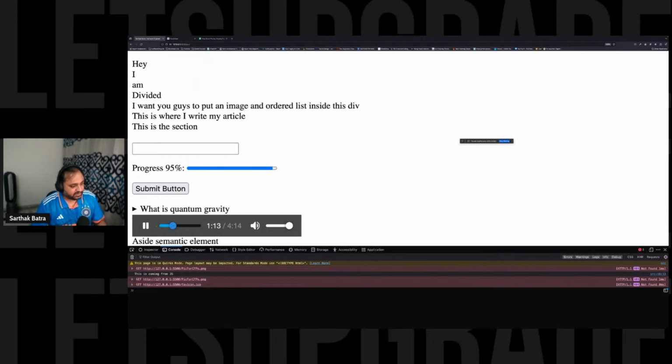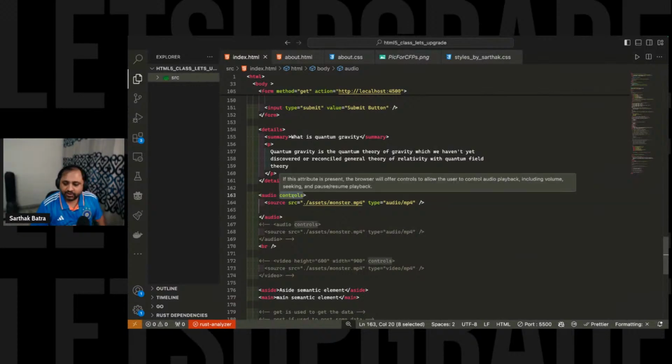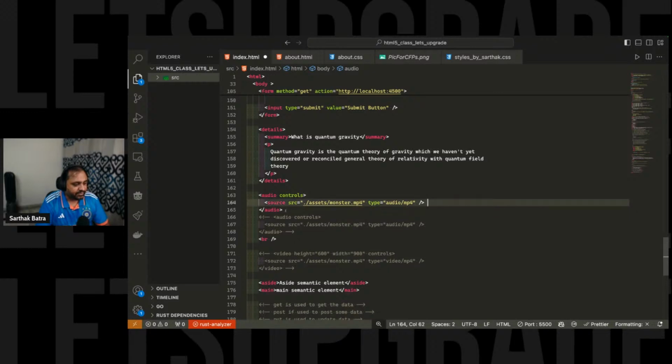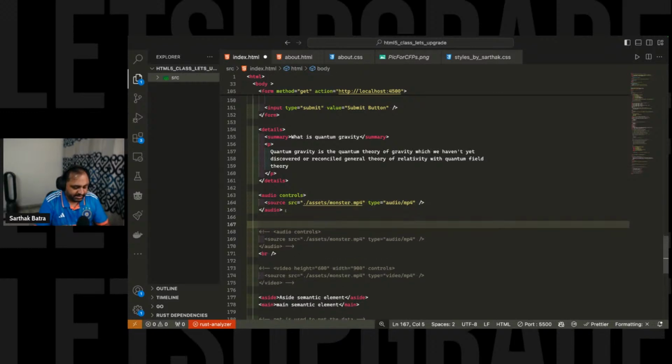I click on it. You can scratch through the audio. You can increase and decrease the volume. This is made available by using this attribute called controls. That is as simple as that. Now I will use the same way, and I'll write down the video file as well. Okay, and this time I will not explain in detail. I will still tell you my thought process of what I'm writing and why I'm writing, but I will not explain in detail. I intend for you guys to know that on your own,